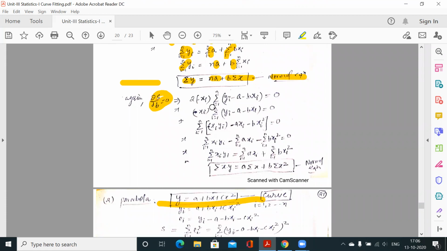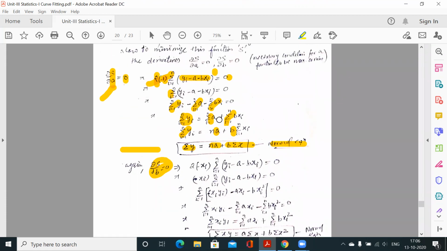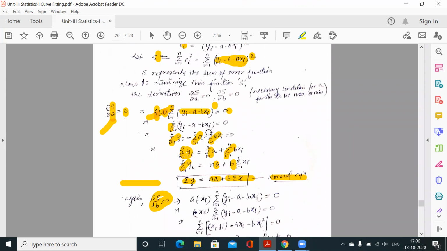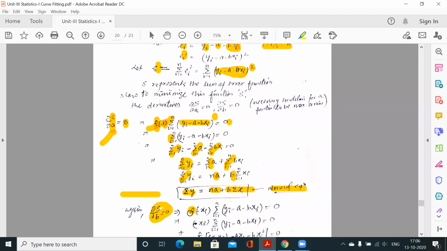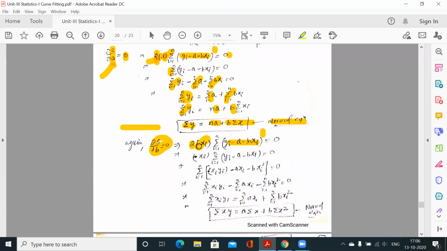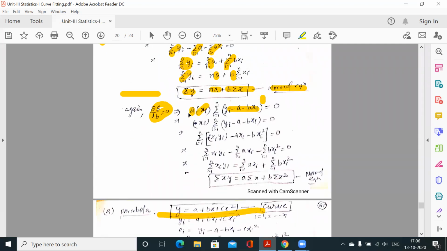And now the second derivative, del s over del b is equal to 0. So we have to differentiate s with respect to b. So this was the s. First power differentiation, so 2, next 1, so yi minus a minus bxi to the power 1. Next the differentiation of this part, we have to differentiate with respect to b, so this is 0, this is 0, and this with respect to b is minus xi. Because this is constant, we can divide by minus 2, so this is xi into the bracket is equal to 0.